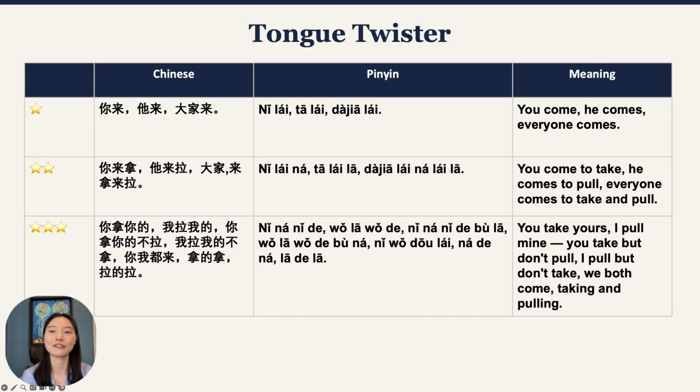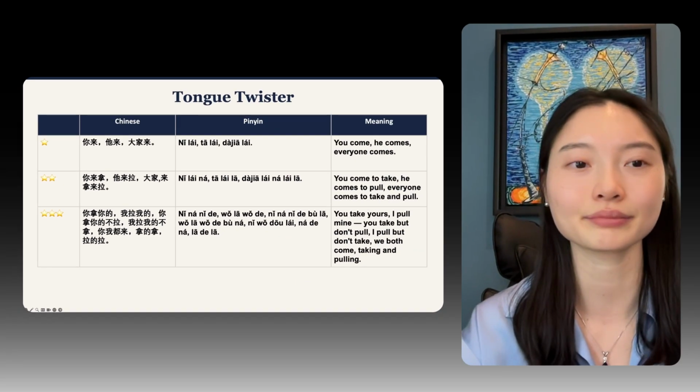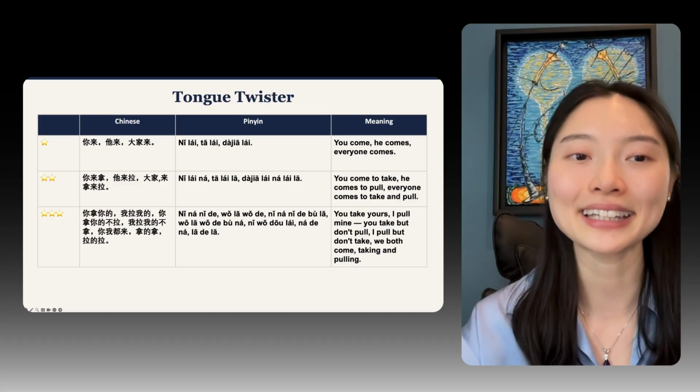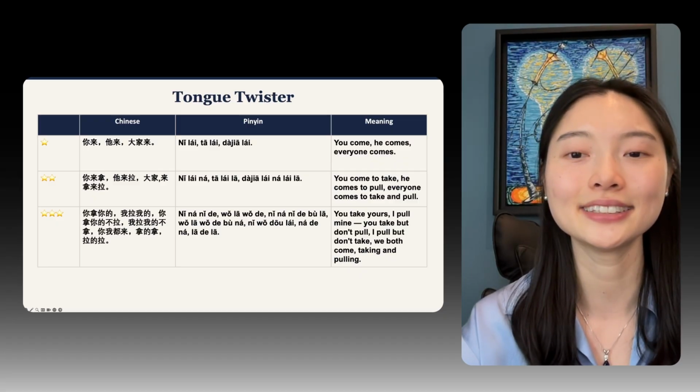Now let's practice everything with a tongue twister. We have 3 rounds, easy, medium, and challenge. I will say each one first, then it's your turn. Ready? Let's go. 你来，他来，大家来。